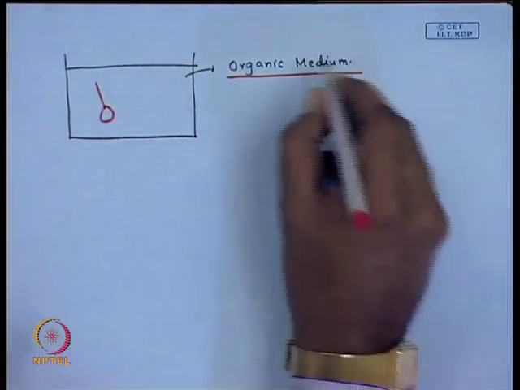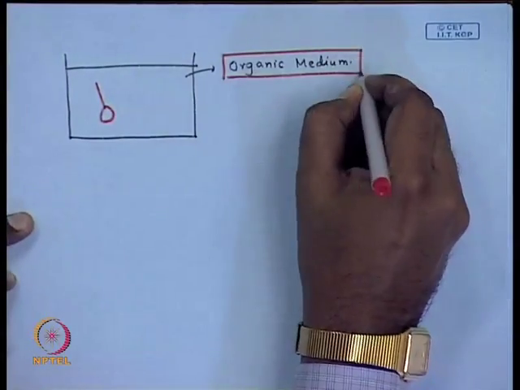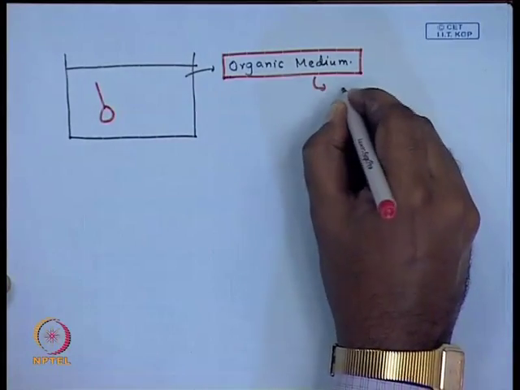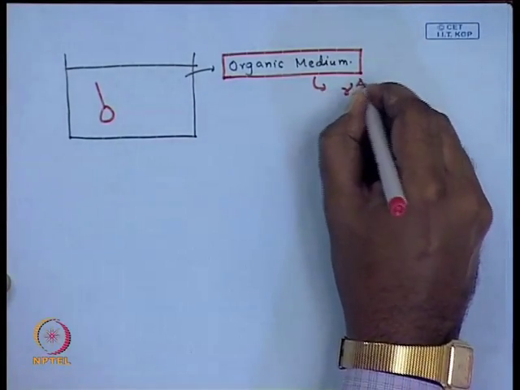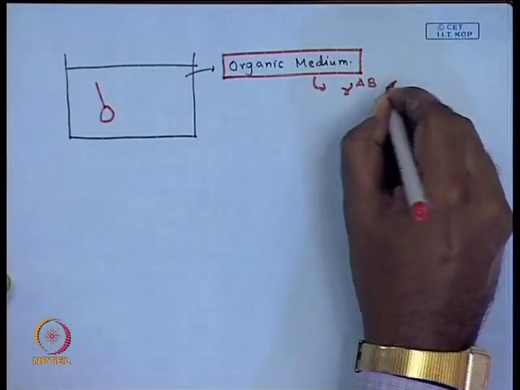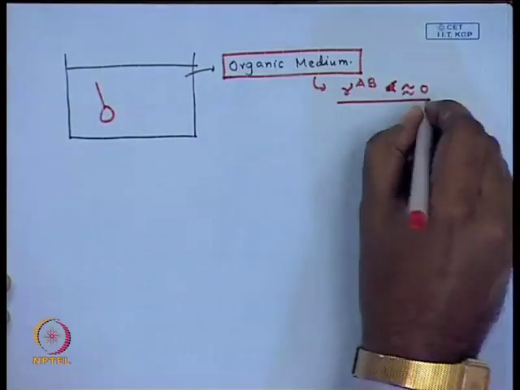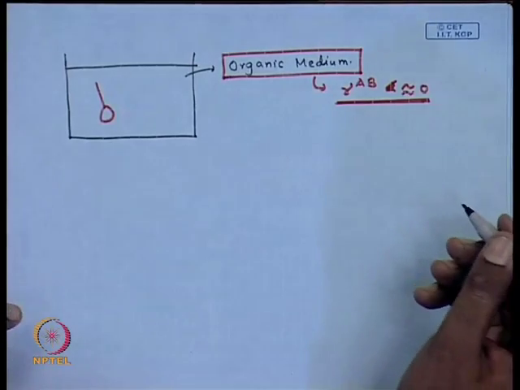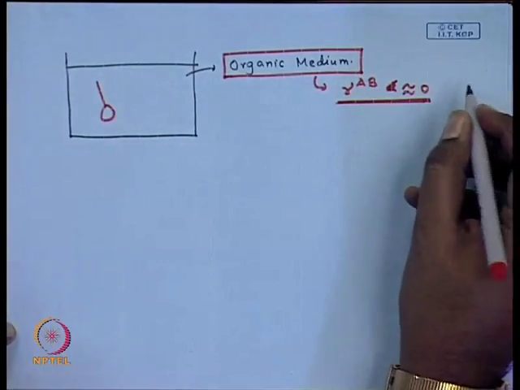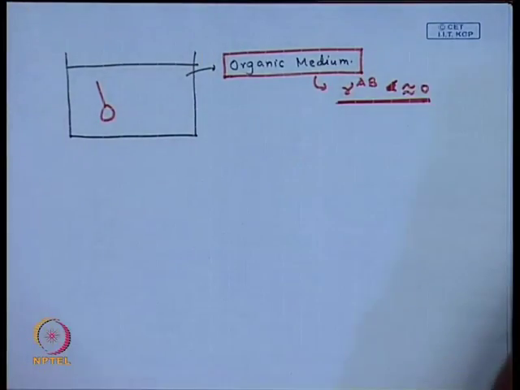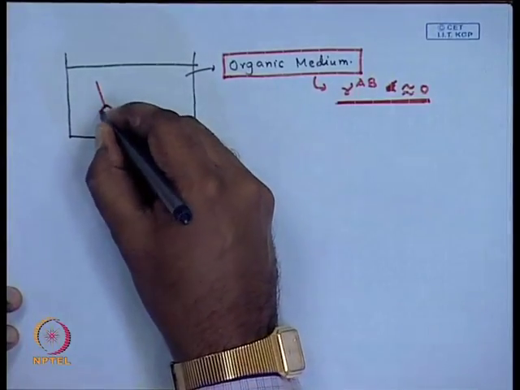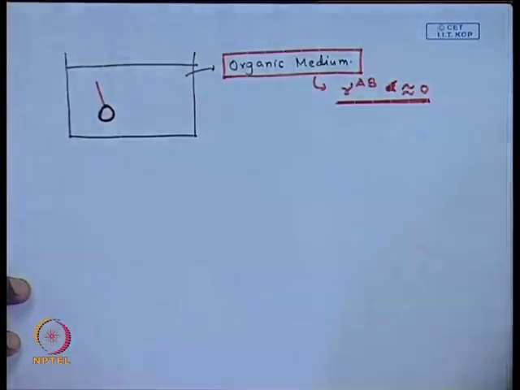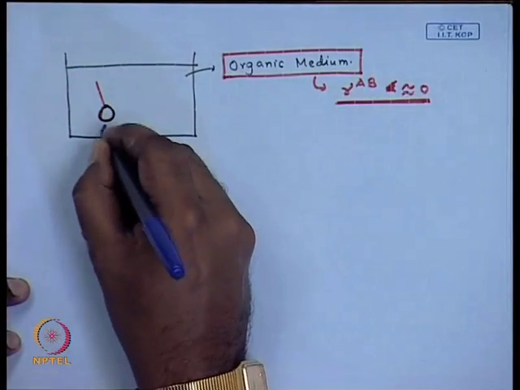Based on the discussion we had on surface tension, you would note that this organic medium has a much lower AB component of surface energy, often tending to 0. These are not polar solvents. So, when this type of organic liquid is brought in contact with a surfactant molecule, what will happen? Believe me for the moment, later you will realize it yourself,